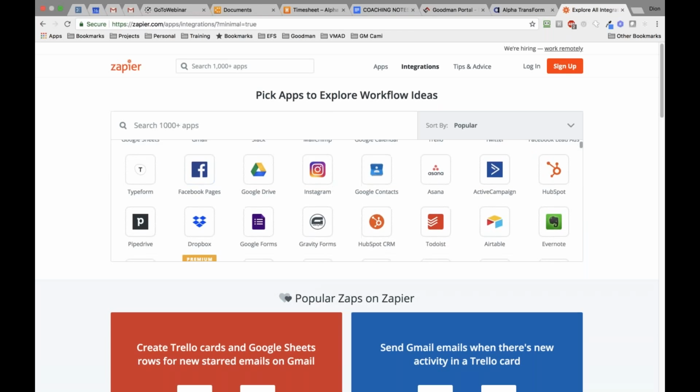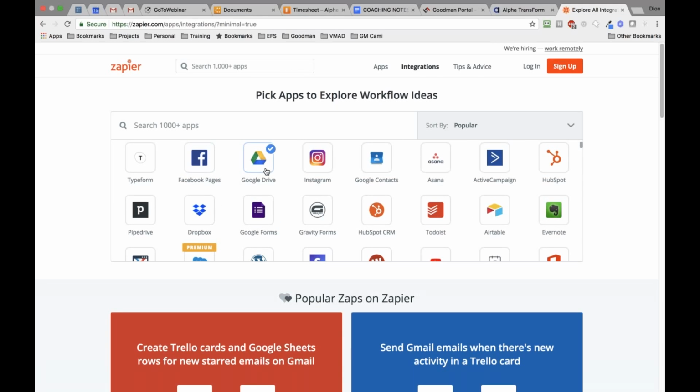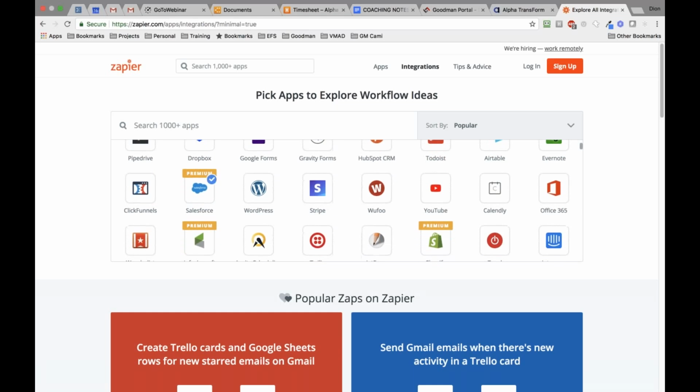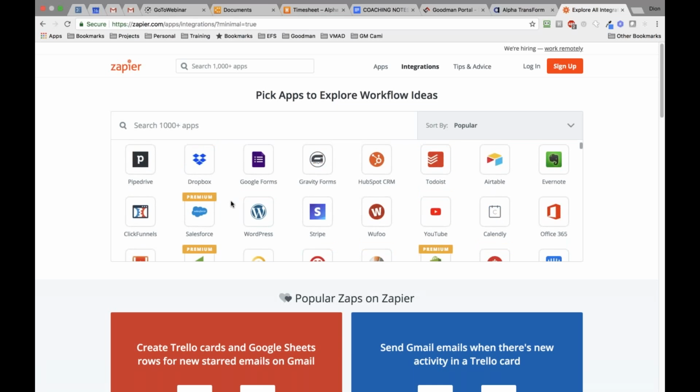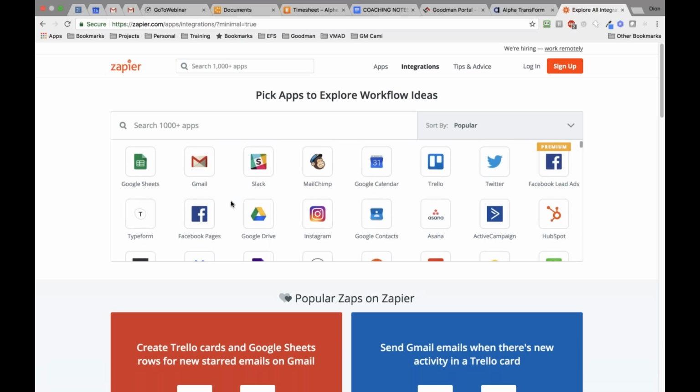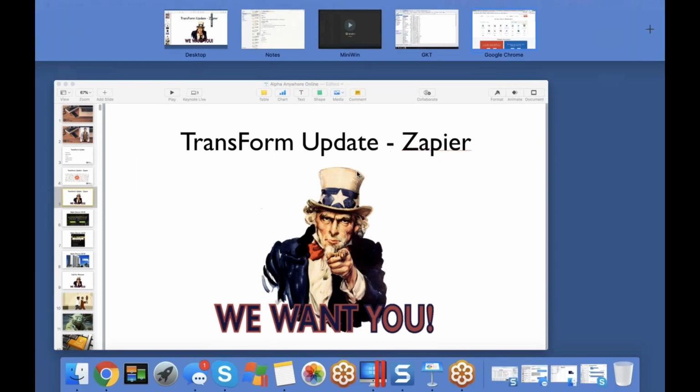You can see all the different types of stuff. Like, I want to take the data out of Transform and just shove it into a Google Drive. Boom. I want to put it into Dropbox. Boom. You connect your Dropbox to Transform. This thing allows you to do those kinds of things. Amazing things that you can do within the system. So check it out. And the other thing that's really cool about Zapier, and they have different pricing levels, I'm not here to sell Zapier, is that you can chain things together. So you can say step 1 is this, step 2 is that, and then you can look at how many times it will do it, how complex, etc. But really cool stuff, and we really appreciate any help you can give on that.